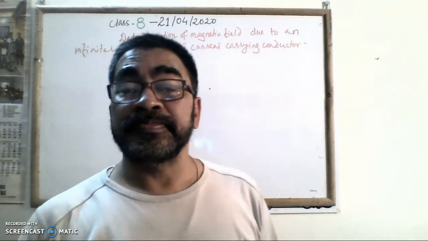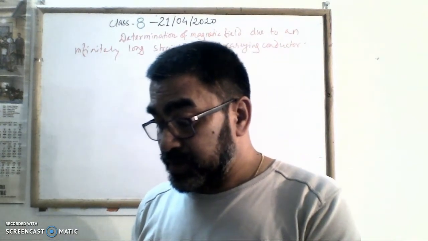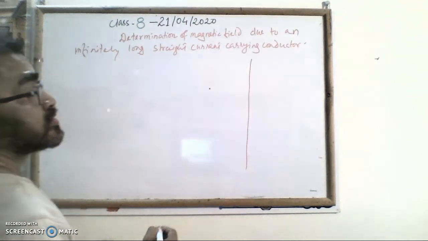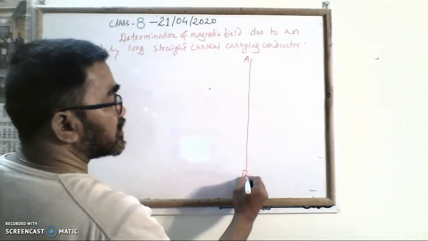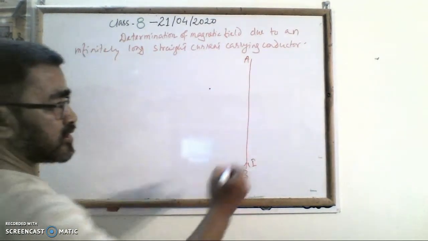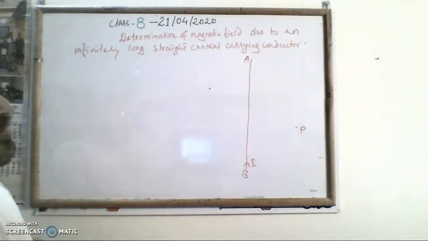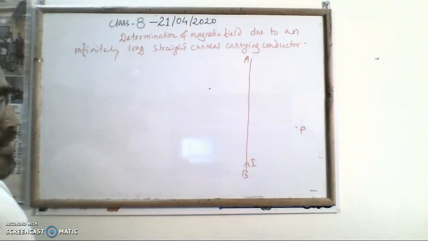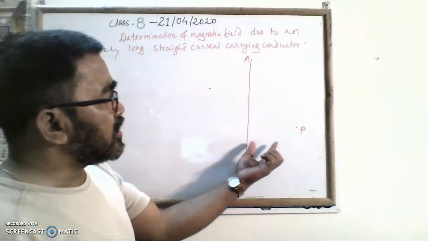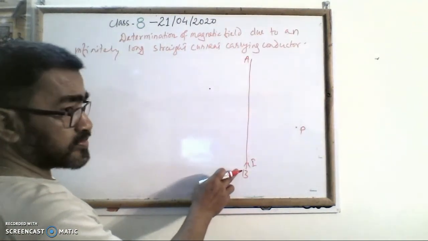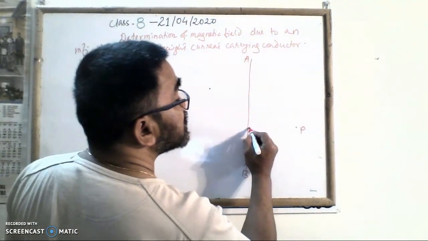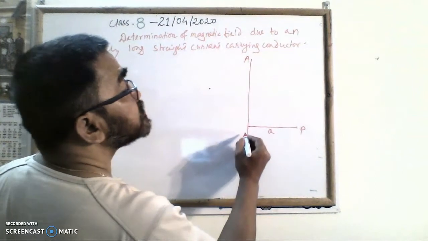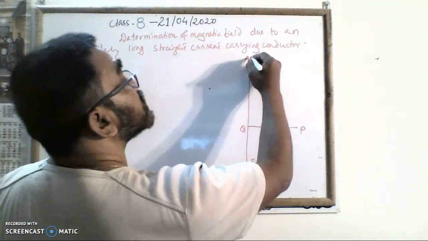So today we are to find out, by using Biot-Savart's law, the magnetic field around an infinitely long straight current carrying conductor, say AB, at a point P. We are going to find out the magnetic field produced by an infinitely long current carrying conductor at a particular point around this conductor, say at a distance A from the conductor, so from a point Q, and suppose we are considering